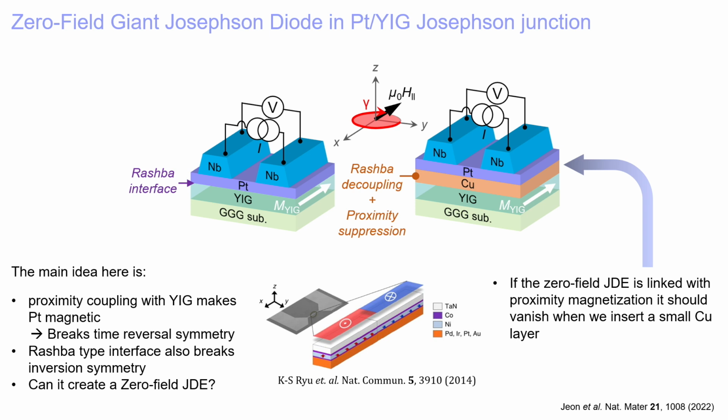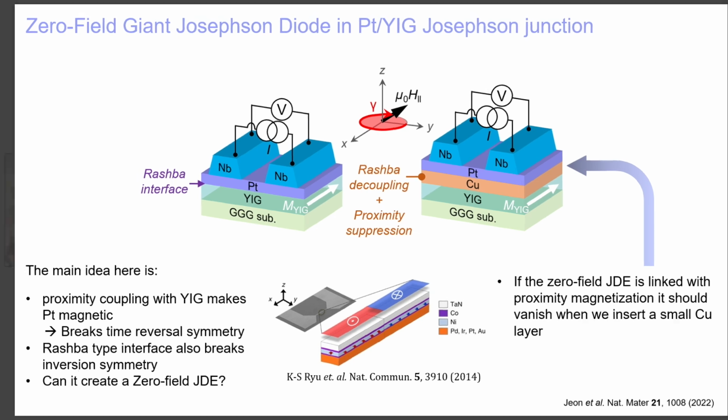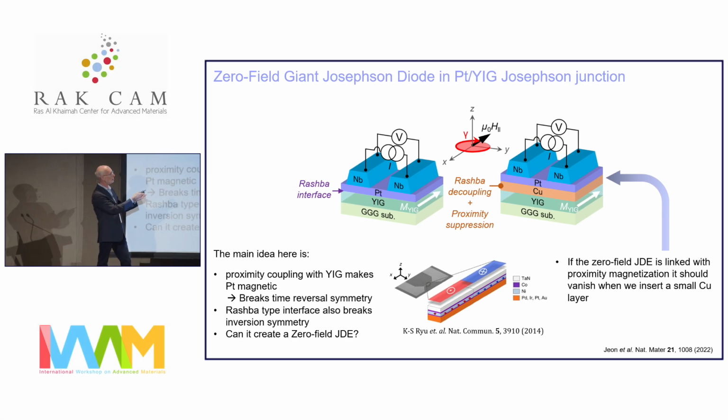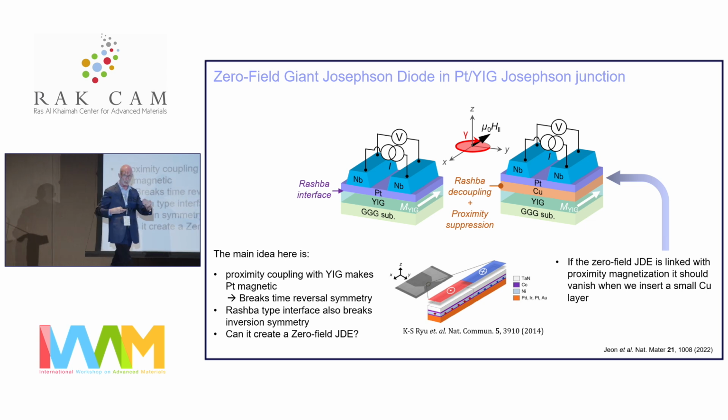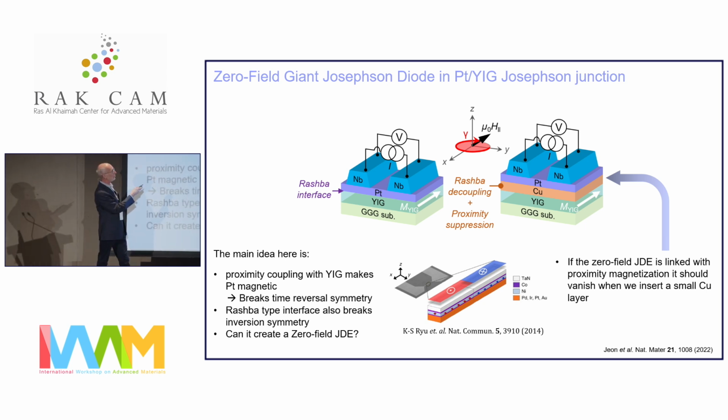YIG is a garnet, an insulating material with a very complicated structure. It's a ferrimagnet, nevertheless, it has a net magnetization. So we apply a big magnetic field to magnetize it in one direction, and at zero field there's a magnetic moment, and that magnetic moment is imprinted into the platinum layer. So the platinum film at this interface becomes magnetic by proximity. And at the top interface of platinum,